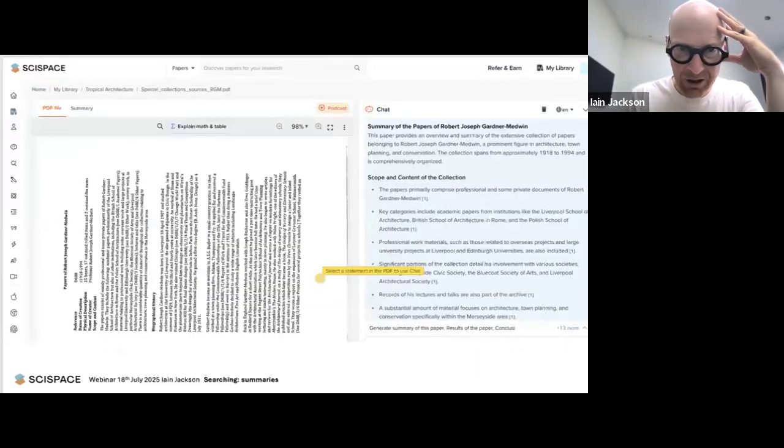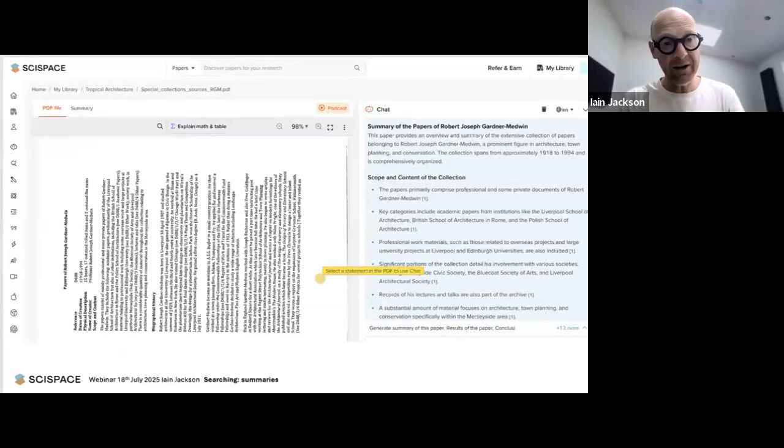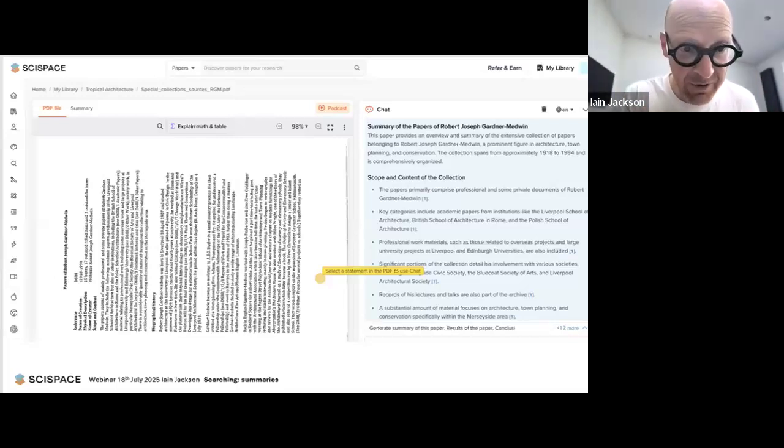But let's put SciSpace to the test. Can it handle some typed work? It's not even rotated the right way, just shoved in. And this is an archival finding aid. They're quite detailed. They can run to pages and pages covering all the data in an archive. It processed it no problem, and the summary came up to enable me to quickly look through, and I could locate the items I wanted to see in the archive on the right-hand side in the chat button. Again, I could have had that in another language as well.